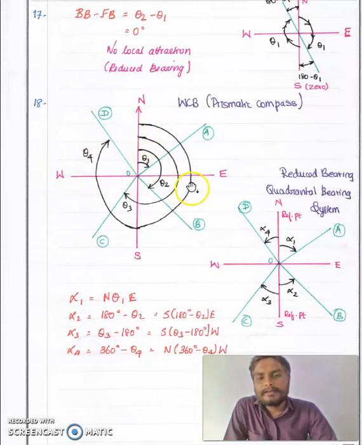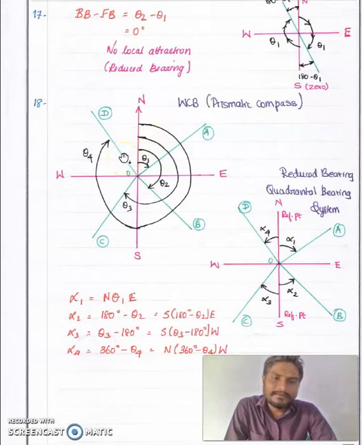Now we will see how to draw horizontal angles by using the quadrantal bearing system or reduced bearing system. Let us consider survey line A, alpha 1. So alpha 1 is north, alpha 1 east. Here alpha 1 equals theta 1, because we are directly taking from north. Next, survey line B. The survey line B lies in the region of south to east in this quadrant.